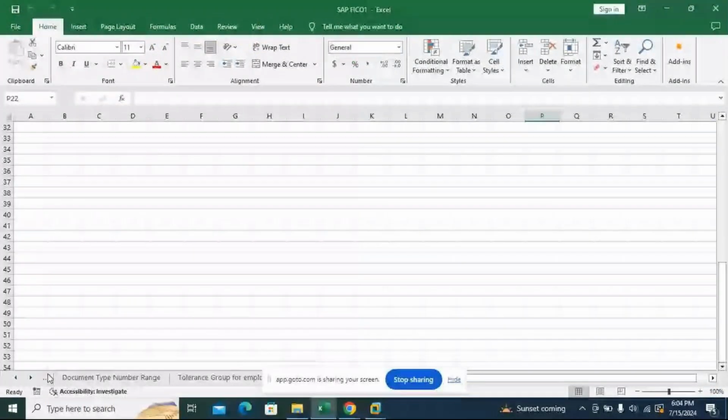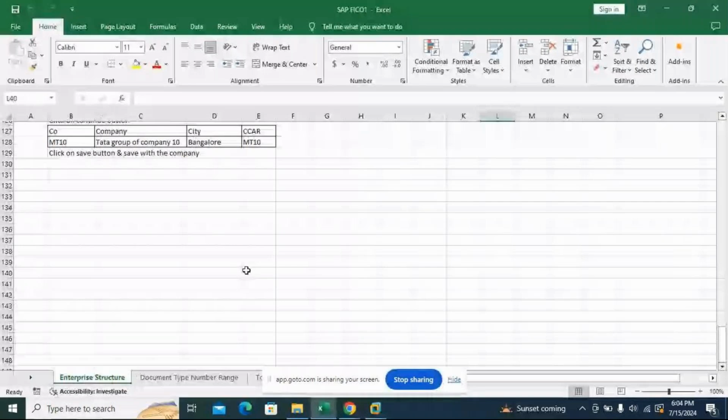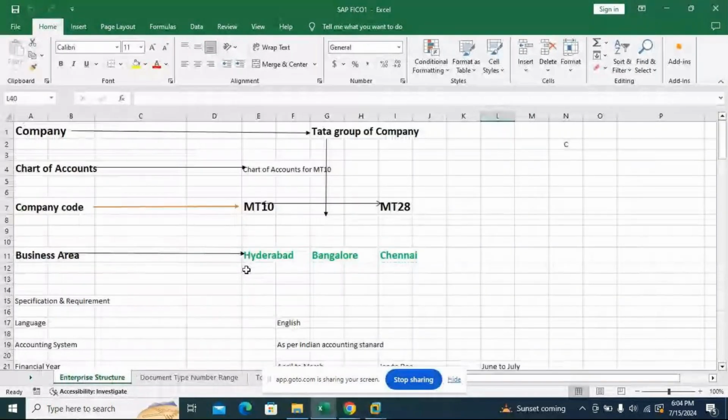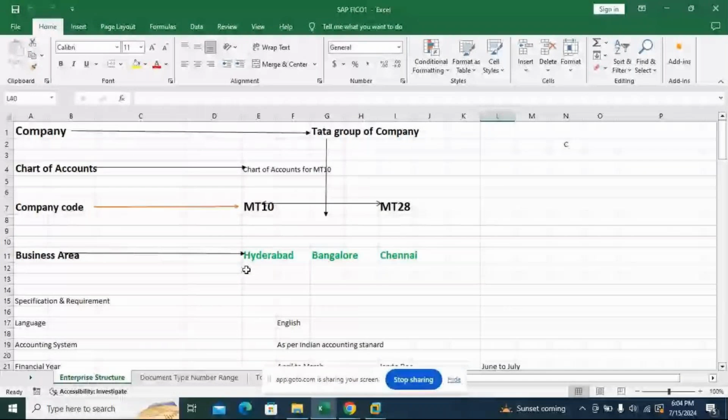Enterprise structure: what we need to do first is define a company. As I told you, what do you mean by company? A company is an organization. In SAP, when you are creating a company, it should be 6 digits.